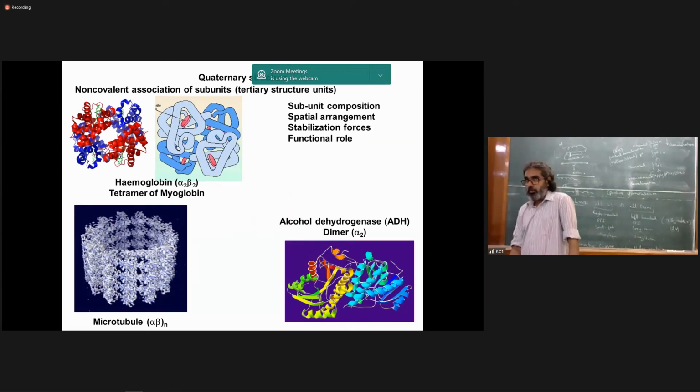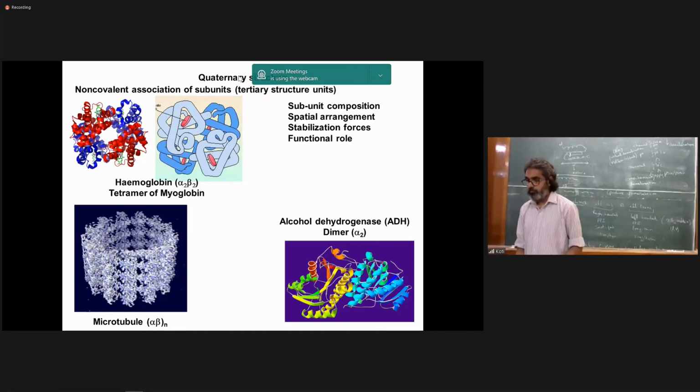So I'll stop here, and next class we'll talk about interactions, and we'll look at a little bit of interaction energy, so that we learn more about the properties of amino acid side chains, and how inter-residue interactions, and what kind of interactions, give rise to the structures which we have seen in the secondary, tertiary or quaternary structure. Okay, so we'll stop here.